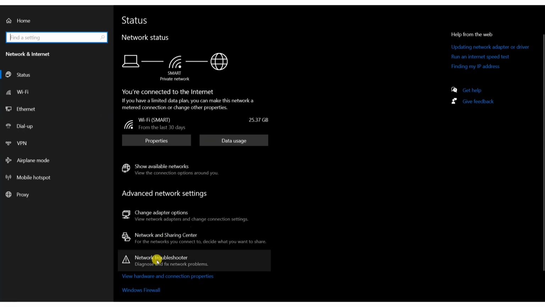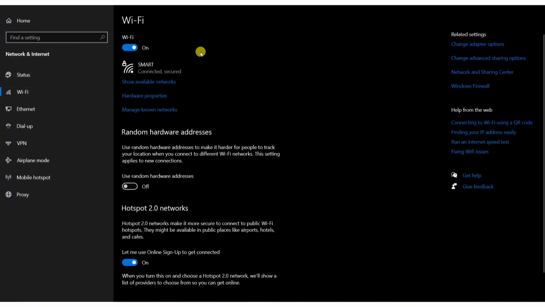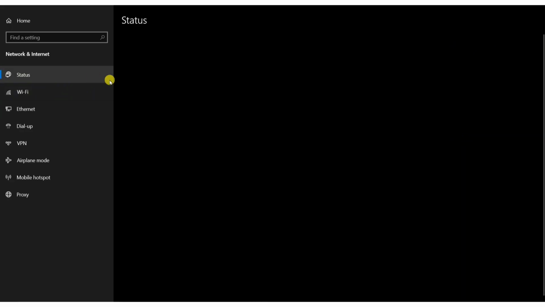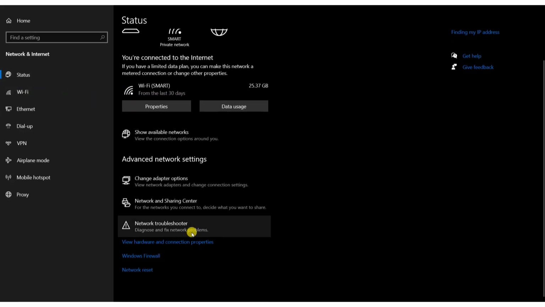So in here, you need to make sure that you are connected into an internet connection. You need to make sure that your Wi-Fi access is actually enabled or turned on to be able to connect into a Wi-Fi connection. Now, if you're connected to a Wi-Fi but it shows no internet connection, just simply click